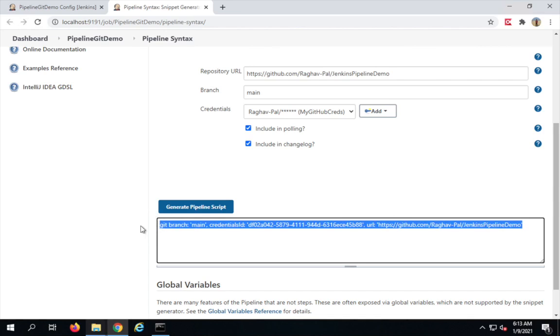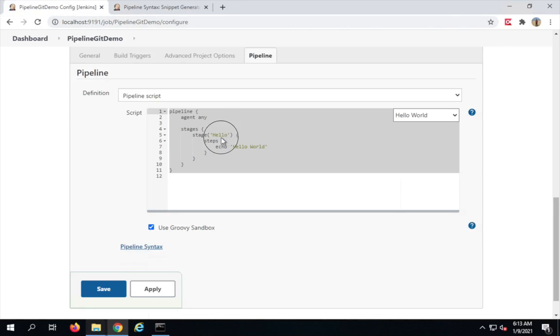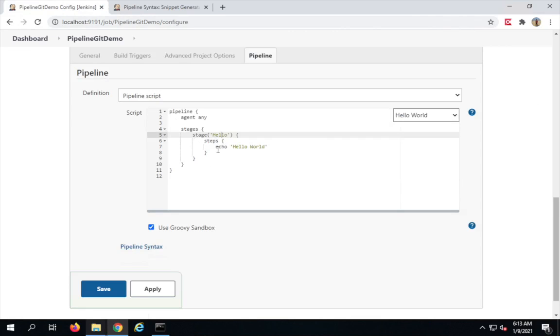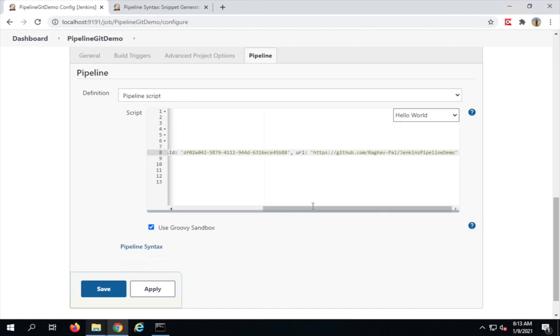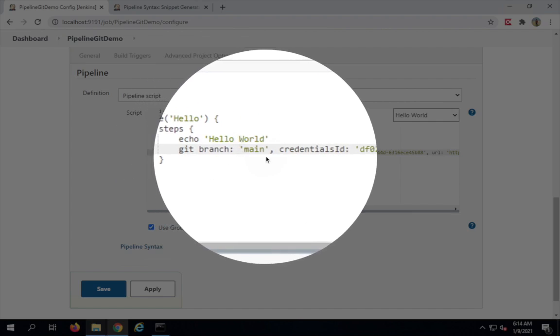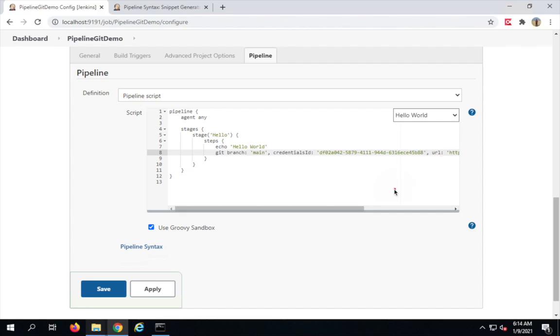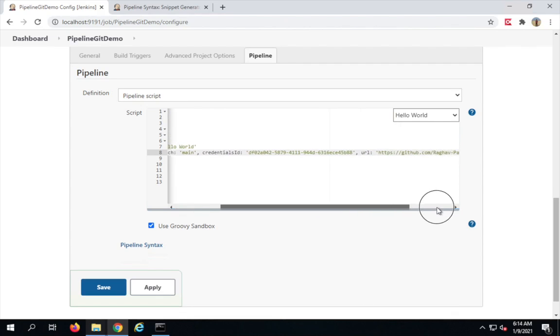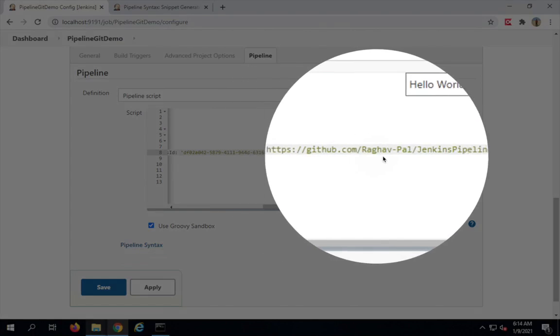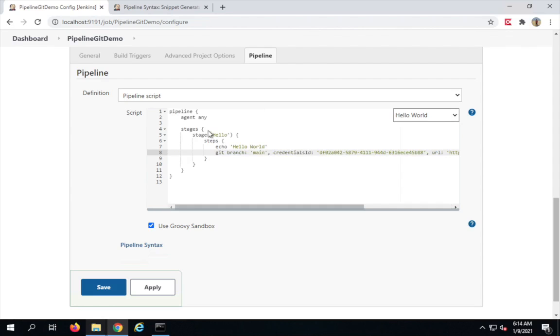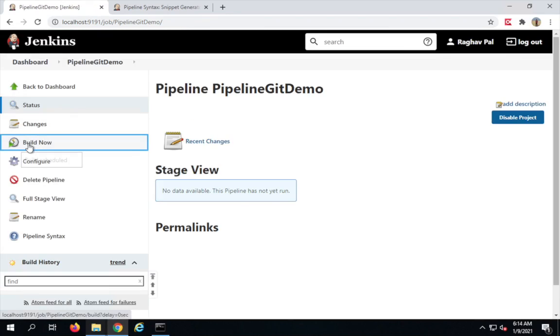I can just copy it from here, go back to my job, and here in the step I can say echo hello, and then I can also add this step here. So here if you see, it says git branch main and then the credentials ID if you have added your credentials, and then this is the URL. Let me show you the URL here. So this is the URL of my repository, and now I will say apply and save and say build,